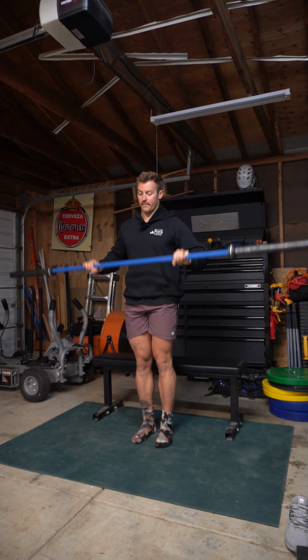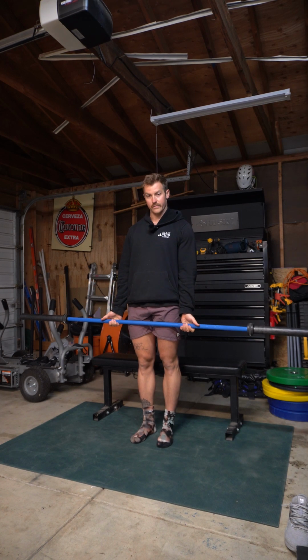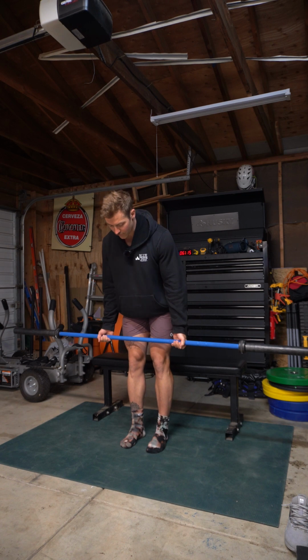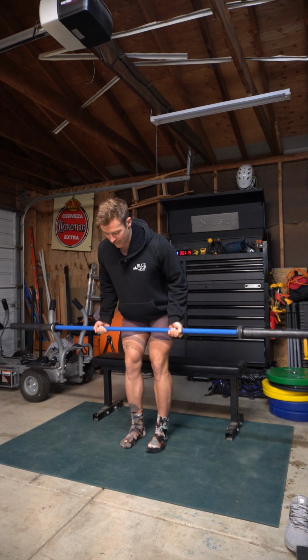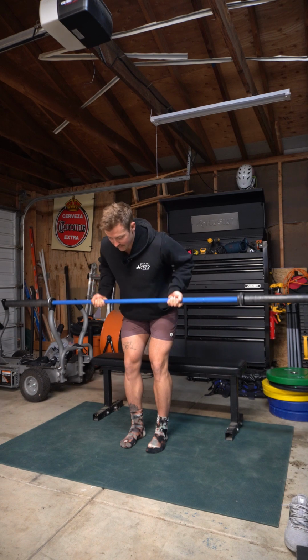So barbell's coming up over my head. I'm going to now pull my hands so my palms face up. I'm going to hip hinge here right at the waist, a little slight bend in the knees, really lock my lats into position, and now I'm going to pull nice and high and work for the full 45 seconds on,